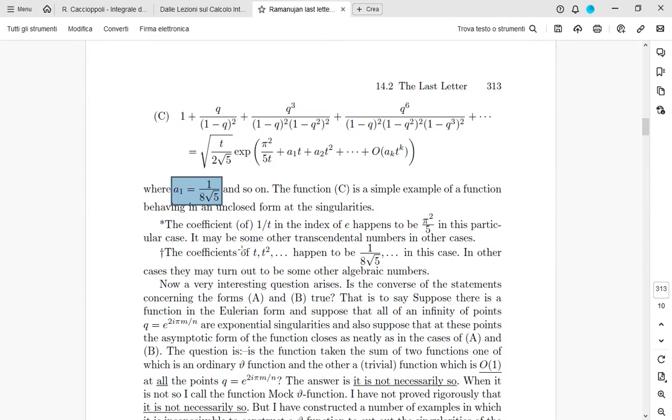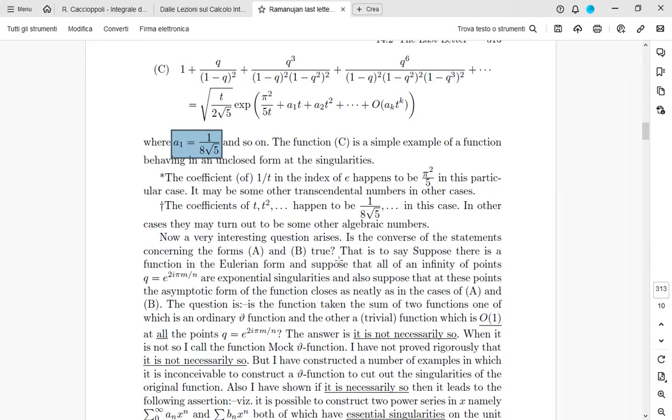The coefficient of t squared happens to be 1 over 8 square root of 5 in this case. In other cases, they might turn out to be some other algebraic numbers. Now, a very interesting question arises. Is the converse of the statements containing the forms A and B true? That is to say, suppose there is